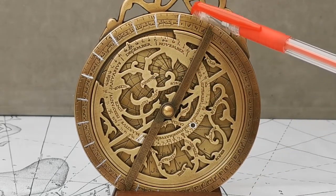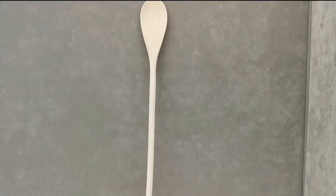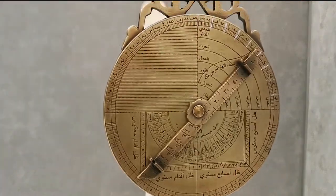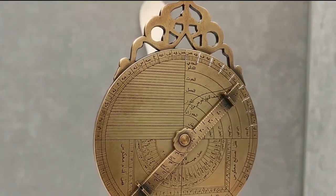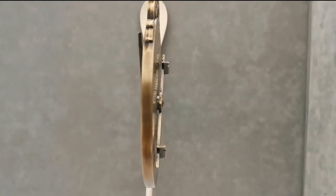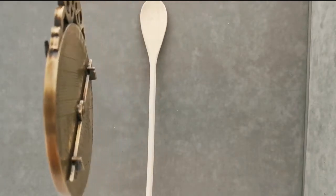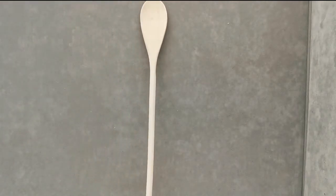And then we have time on the outside. This one's a little bit difficult to do in the small confines, but we can measure height. So imagine that the spoon is a tree, and I need to know the height. What I would do is set the Adelaide to 45 degrees, and then sight the top of the tree to where I'm standing. I would then measure from where I'm standing to the base of the tree and use those